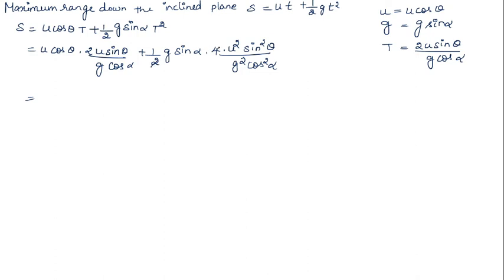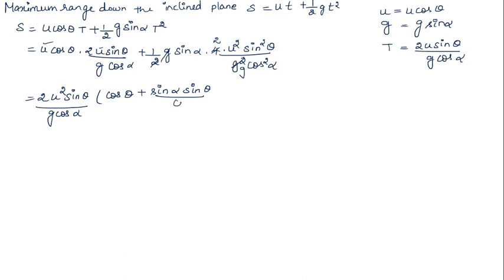This 2 and 4 will get cancelled, remaining only 2, and g squared will get cancelled. There will be a g in the denominator, and u and u squared. So 2 is common, you can take that outside. There is a u squared common in both the terms, so u squared you can take outside, and sin theta is common, that also you can take outside. And in the denominator g cos alpha is common, and the terms left are cos theta in the first term, and in the second one it is sin alpha and sin theta